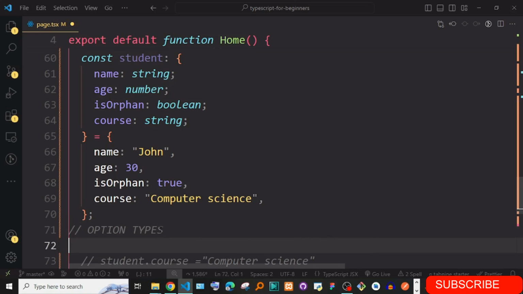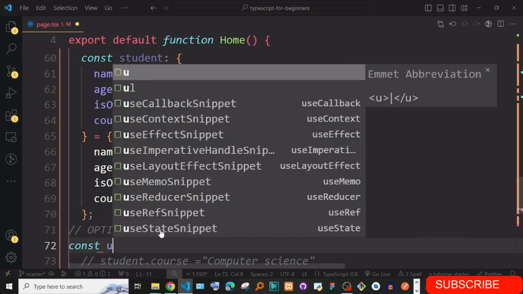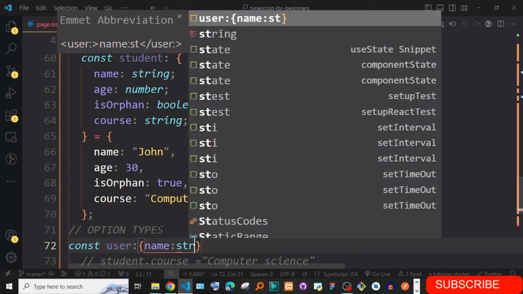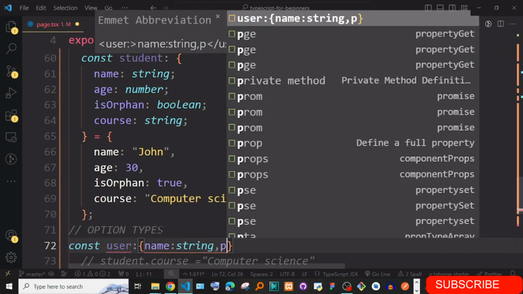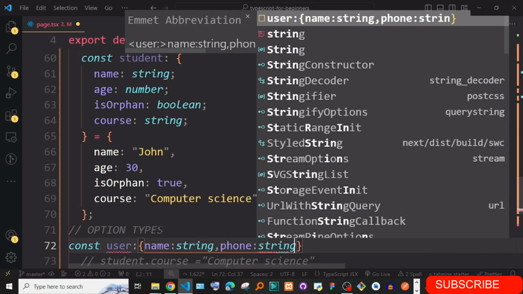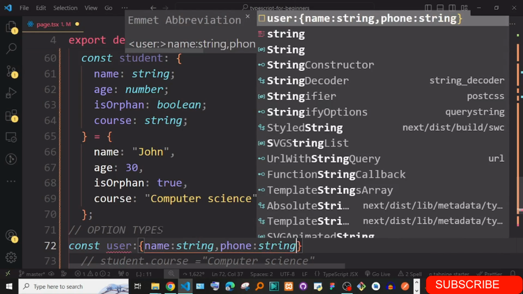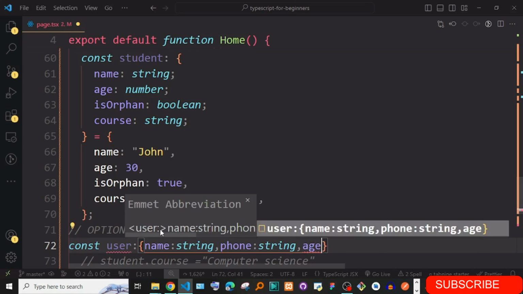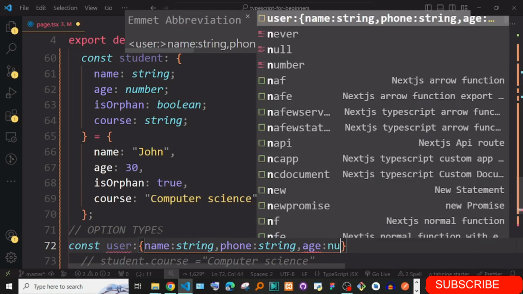You can define an object, for instance const user, and this user is going to have a name of string, a phone of also maybe string, and then we could also have maybe the age, and then we say age is a number.